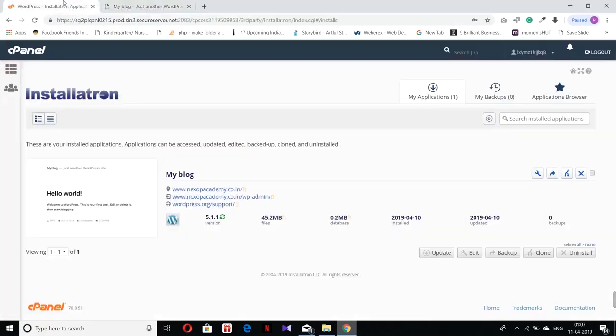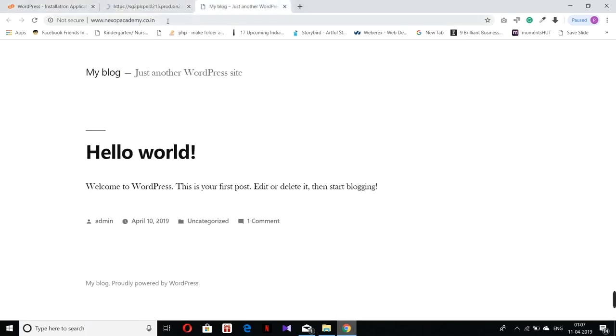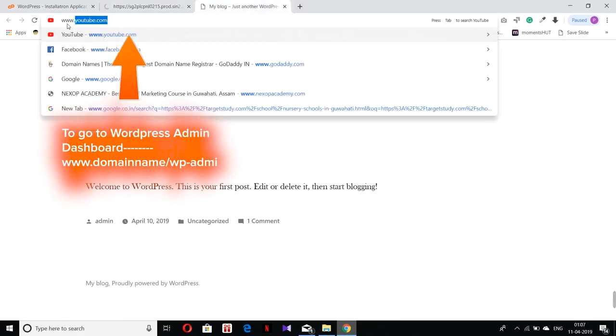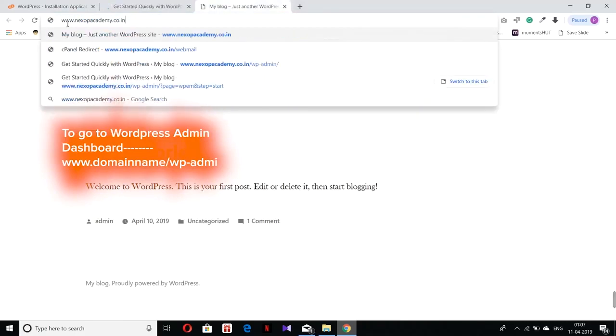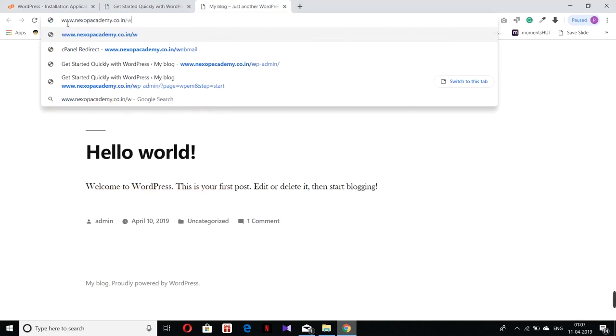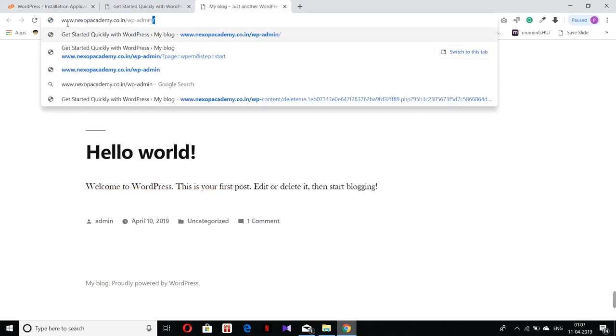Okay, so the next thing is that we have to go to the link from where we can access the WordPress dashboard, so that we can make changes in our WordPress website. Okay, so for that you just have to click on this link, or you just type in your domain name and /wp-admin.